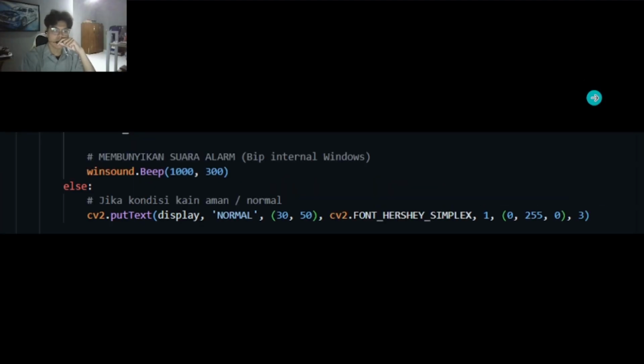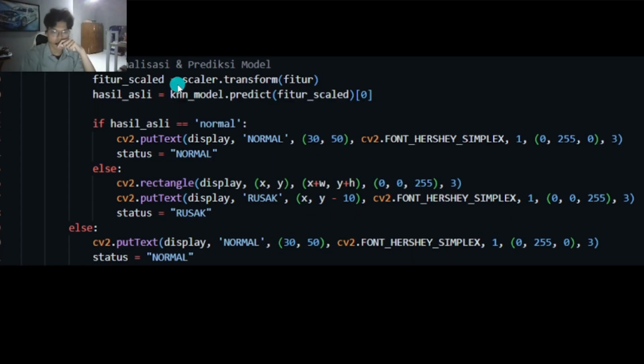And now, what if the fabric is predicted to be damaged? The program will execute the else conditional block. This is where three things happen simultaneously. First, the system draws a red bounding box using the cv2.rectangle function to indicate detection.